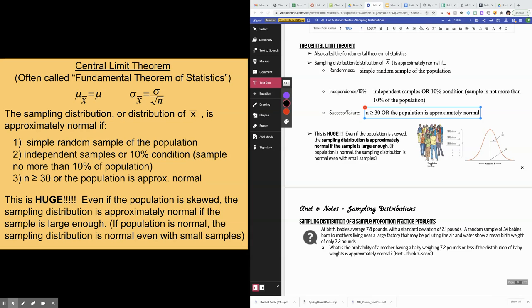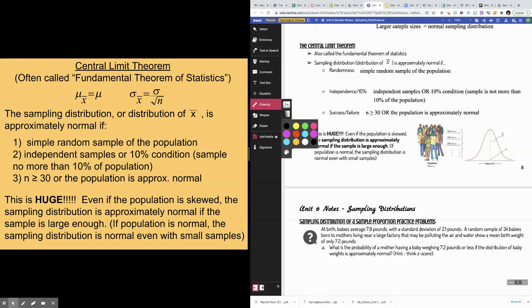Okay. And through many, many years and trials and figuring stuff out about statistics, statisticians landed on the number 30, the sample size of 30. Okay, as long as the sample size is 30 or more, then the sampling distribution will be normal. Okay, or, right, or remember the population could also be approximately normal. If the population is normal,